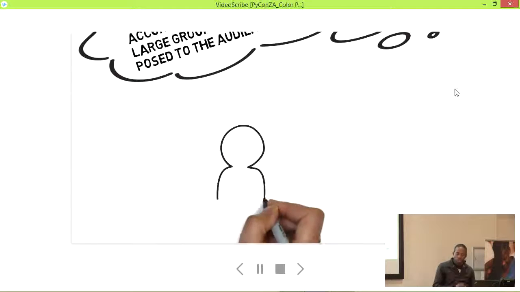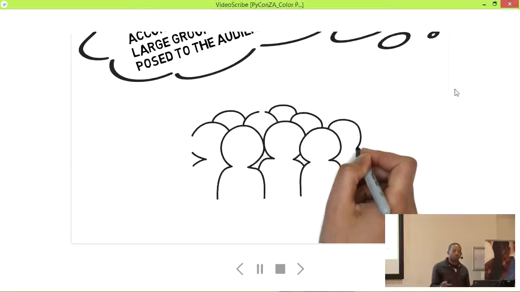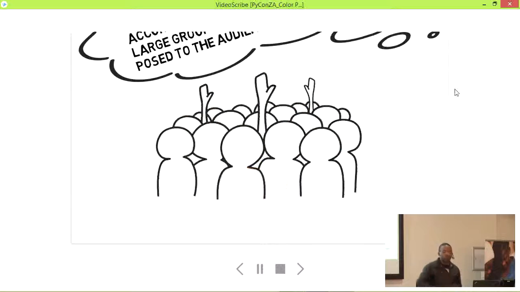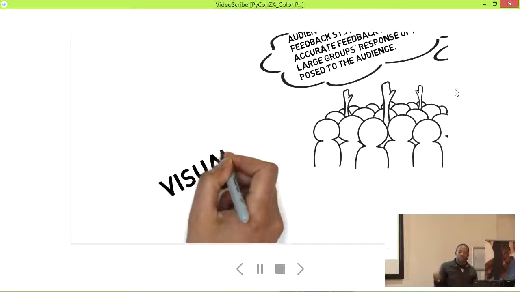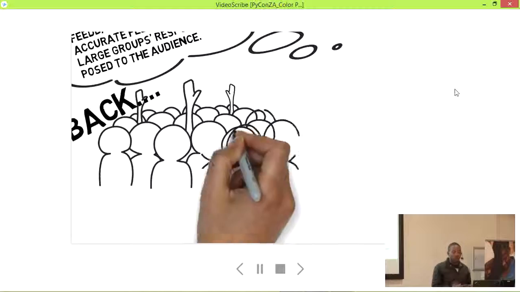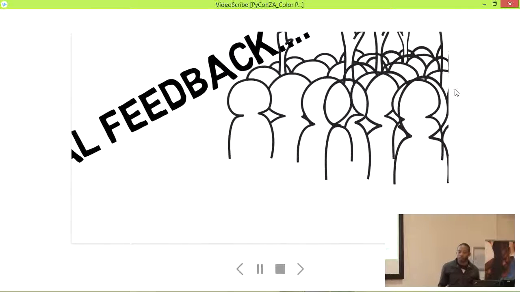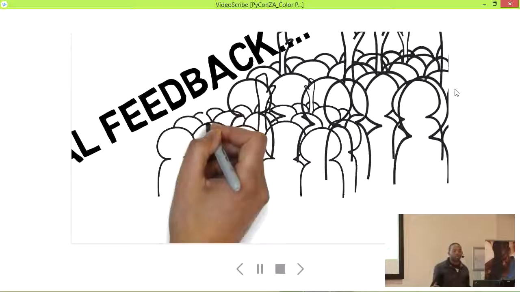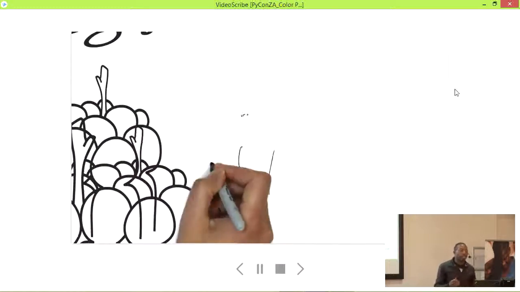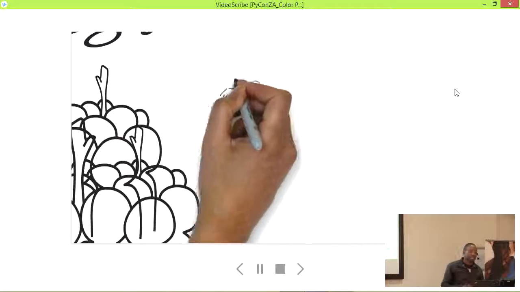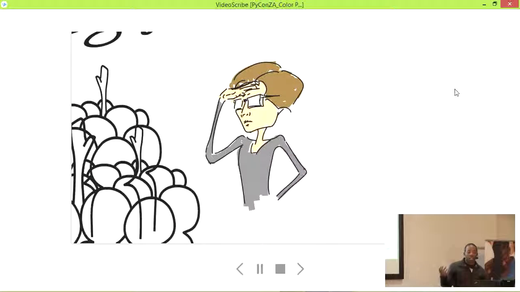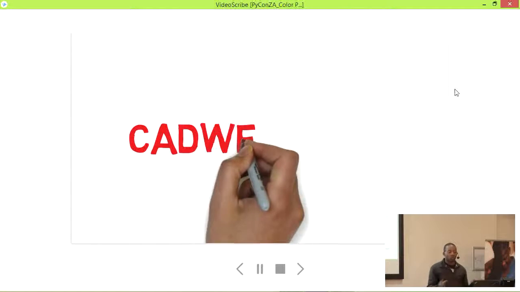So imagine this, back in the day before computers were even there, how people used to give their feedback was all they'd do is raise their hand. Hey, by the way, what's the answer to this? I'll raise my hand. Half the class says yes, half the class says no. Now, what if you increase the number of people? Instead of 10 people, you've got 20. Instead of 20, you've got 200. And now it becomes really difficult to view from the audience what answer is what. How many said yes, how many said no, how many said, guess what, when it comes to the race, I'm white, I'm black, I'm colored, the works.